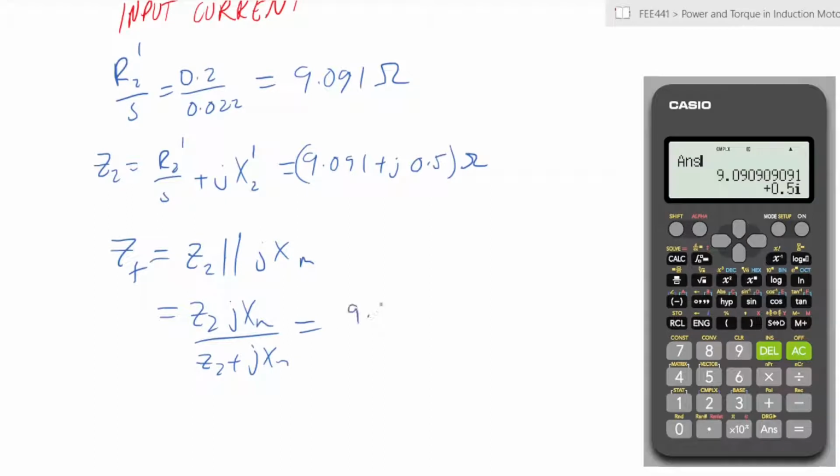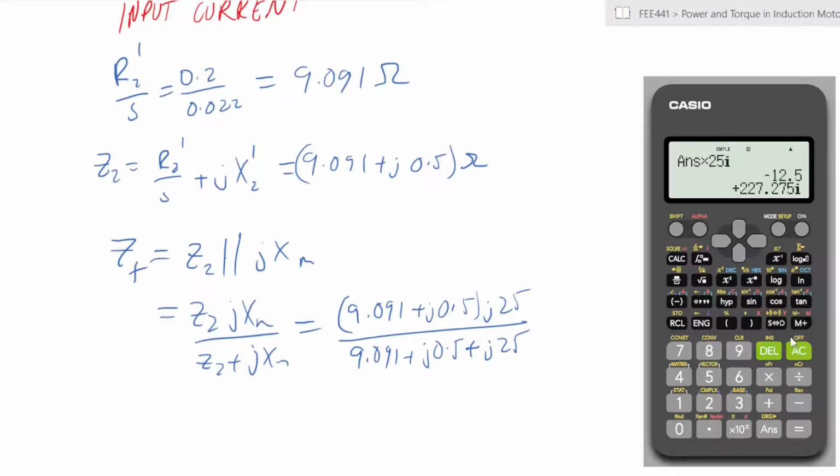That gives us 9.091 plus j0.5 times j25 over 9.091 plus j0.5 plus j25. So we take all of that. Okay, so that gives us, after working that out,